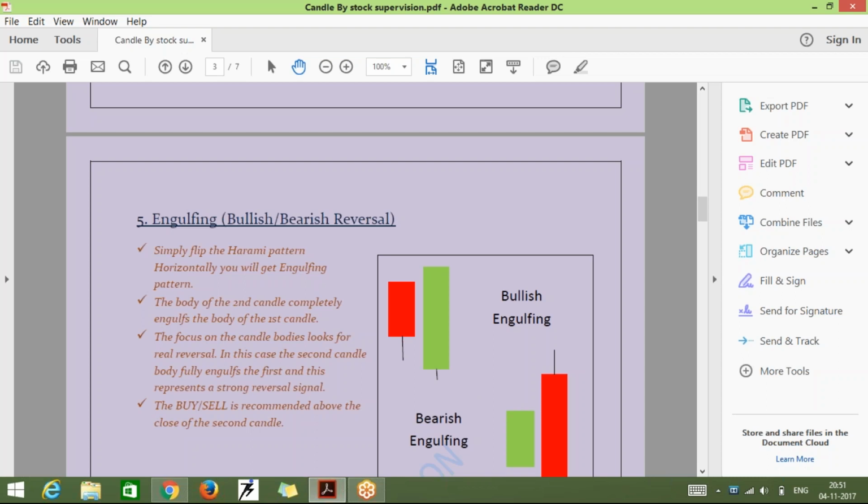Actually, all these candlesticks are seen like a chart pattern being formed. We will come to chart patterns. When a chart pattern is formed, the focus should be on the last candle that is formed. A chart pattern with a marubozu at the end is very effective. So if you're looking at a daily chart and going for the trade, then definitely it will work. The suggested buy price is around the close price.